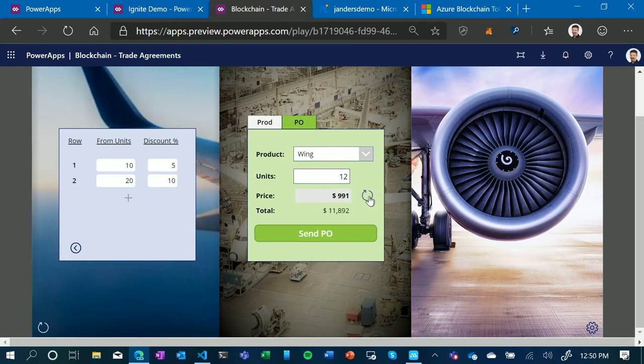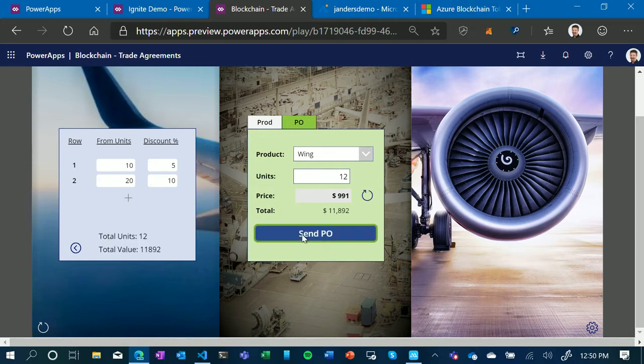And you're going to see that the state's been updated. So it's simple logic. This is simple math, right? What's important about this is that, number one, I don't have to have two separate systems between the supplier and the airplane manufacturer to integrate. The data itself is on the blockchain and it's shared. You can have your own disparate systems to access that data. But another important element comes as a part of this.